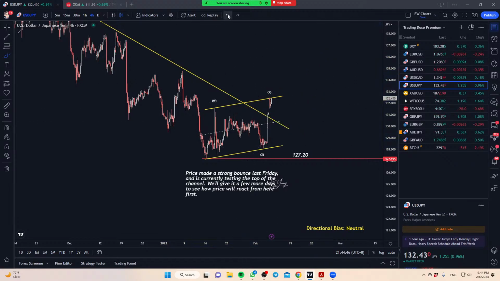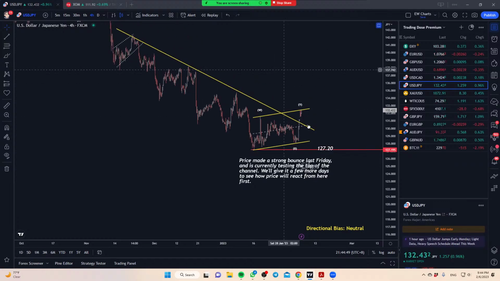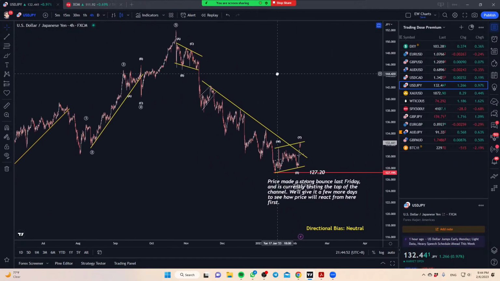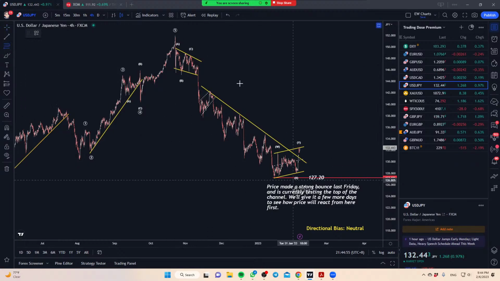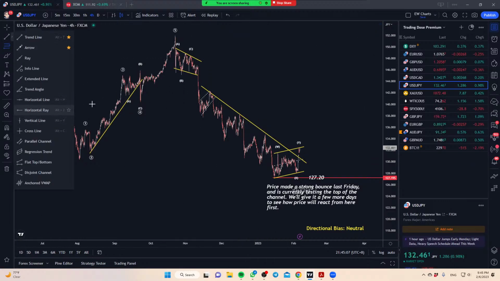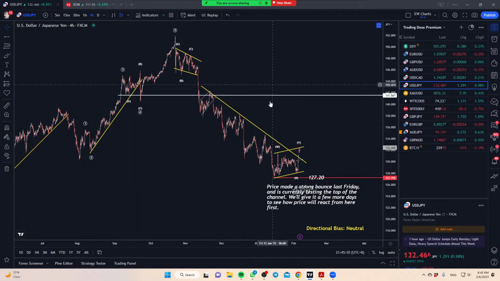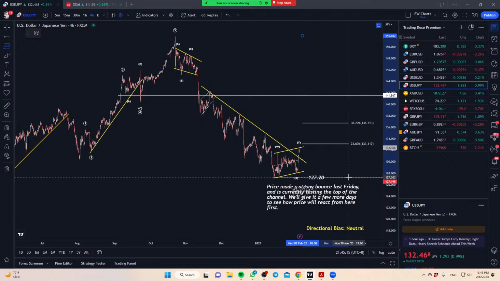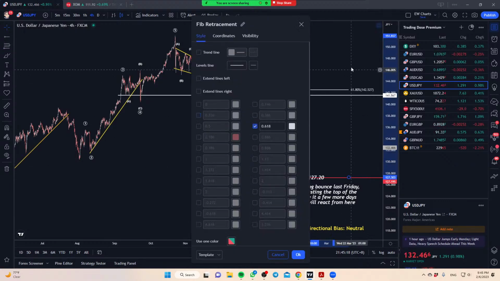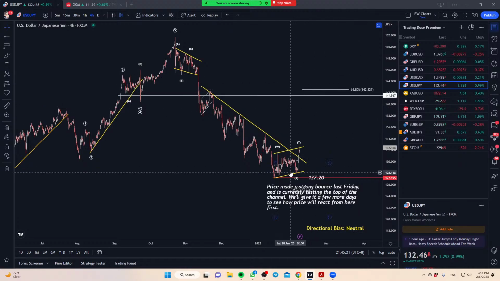Now, if the dollar yen were to really take off from here, I think the upside potential can be quite interesting to watch as well, because you can see this trend line really hasn't broken since last year, November, and this is the first time we broke it. So when the market decides to go higher, it wouldn't be surprising to see it all the way back towards like 141.50. If we pull fibs from that high to that low, that will even give you somewhere around 61.8. So it wouldn't be surprising to see that kind of move back up, right? Which gives you a huge opportunity on the upside that you can capitalize on.